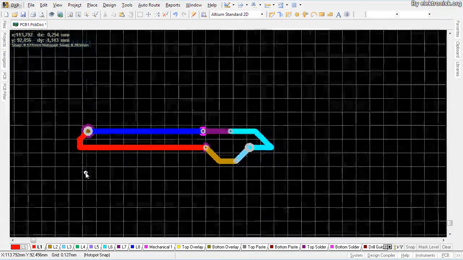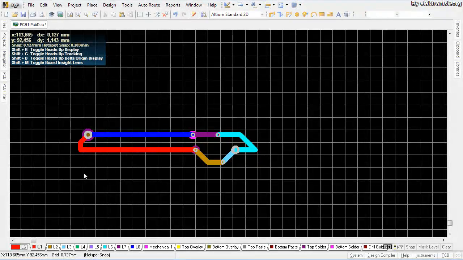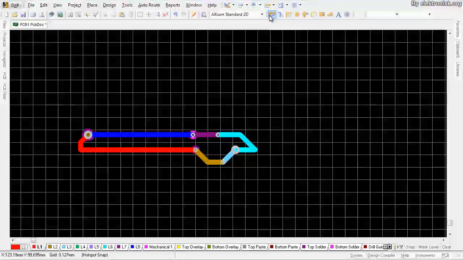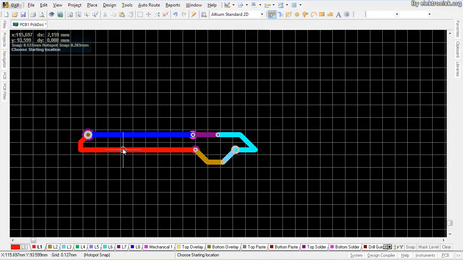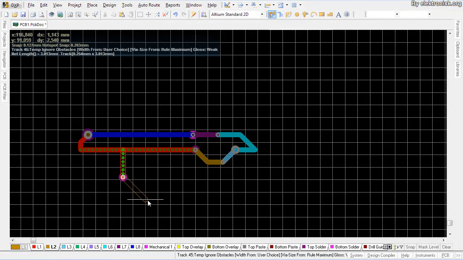Alright, and I am done. So this is the easiest way I've found to work with vias. You basically, while you're routing, you press plus until you get to the layer that you want to get to,